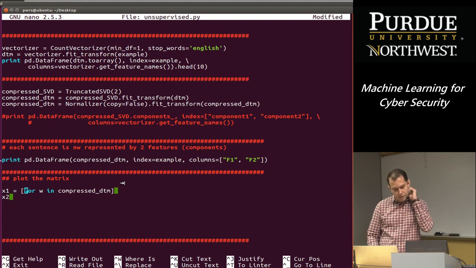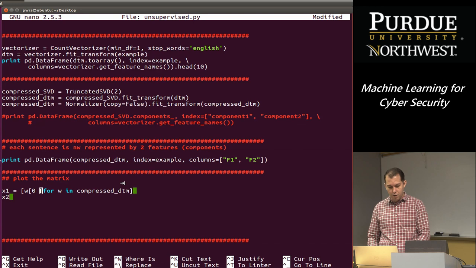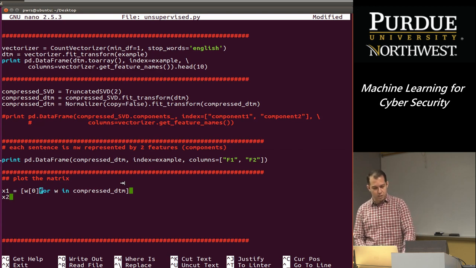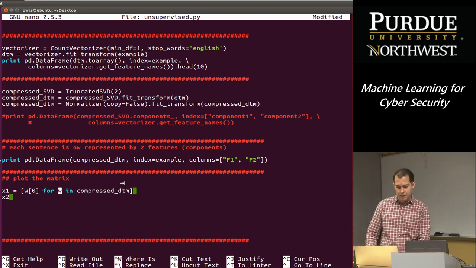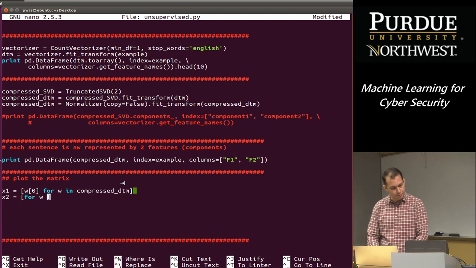So I'm going to say w[0], and that gives me the first column. And I save all of that in x1. Then I do the same for x2. So I'm going to create the list comprehension again, for w in compressed